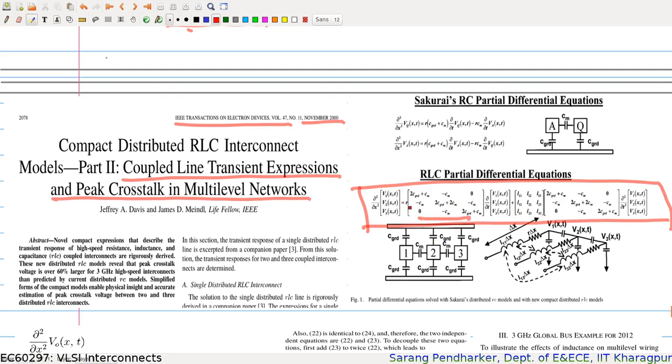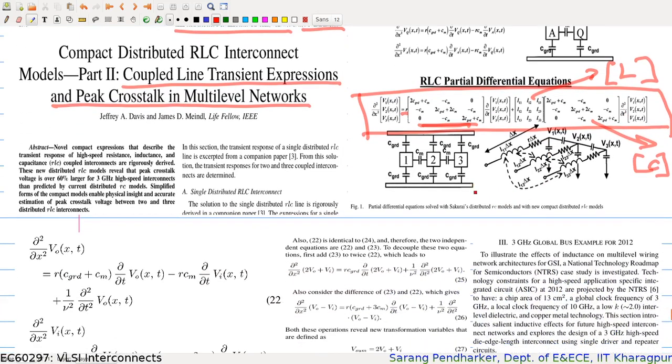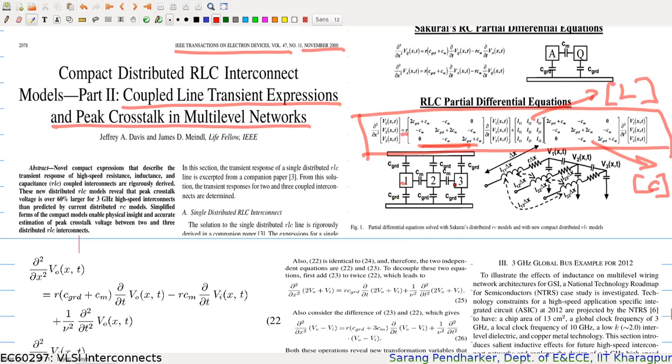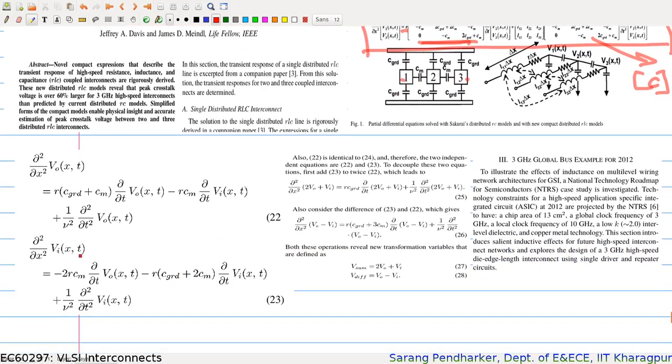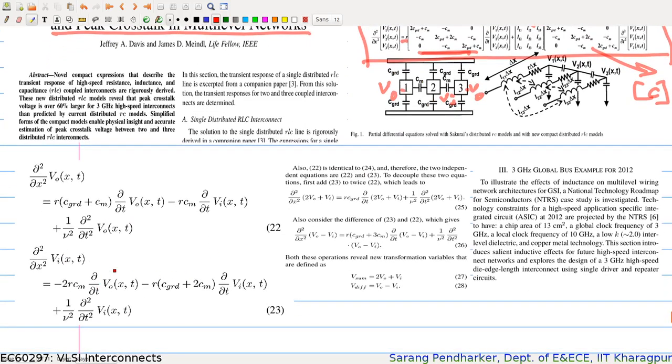I mean, the first term is for capacitive coupling, R into capacitive coupling, and then there is a term of inductance. This is your L matrix, and this is your P matrix. There is double derivative with respect. So here they again assume identical interconnects, and they also make another simplification that the voltage on 1 and 3 is the same. So there are two voltages. There is V out here, V out here, and this is inside, and they form two equations like this.